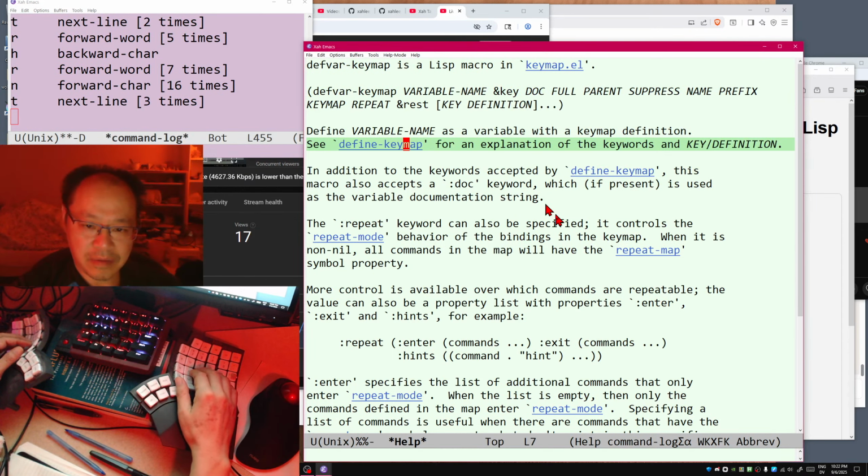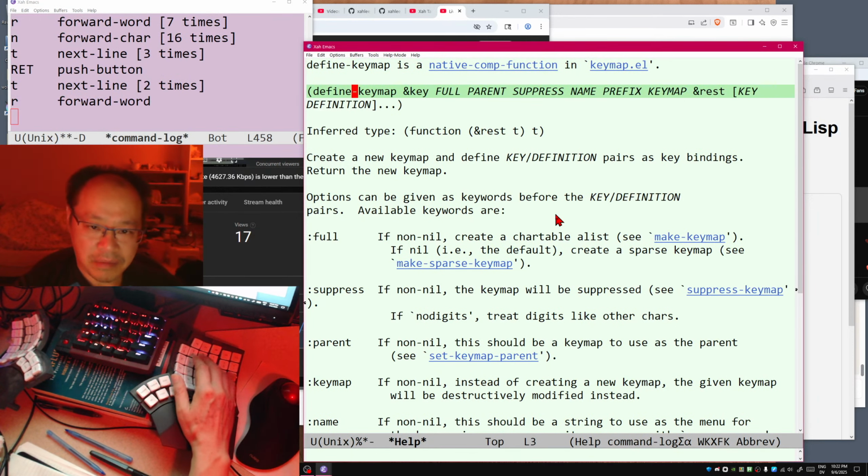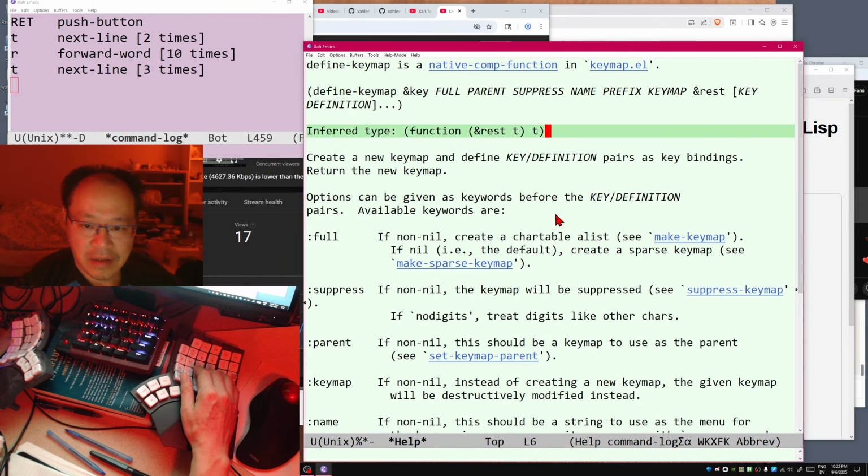Okay, so look at define-keymap first. Define-keymap, key, full, parent, suppress, name, prefix, something, something, rest. Okay, so